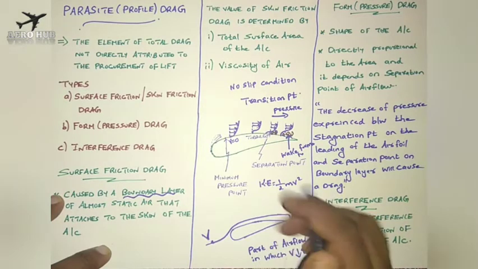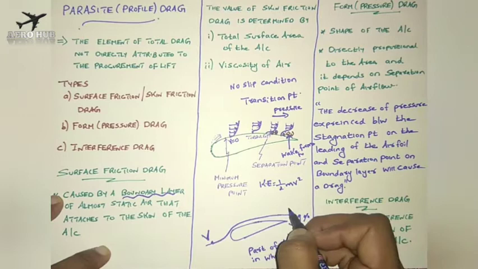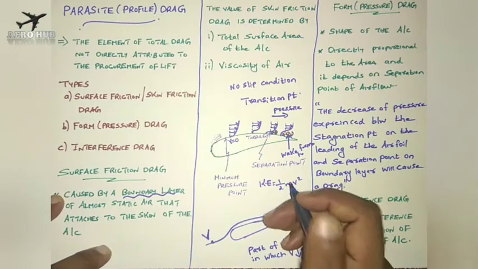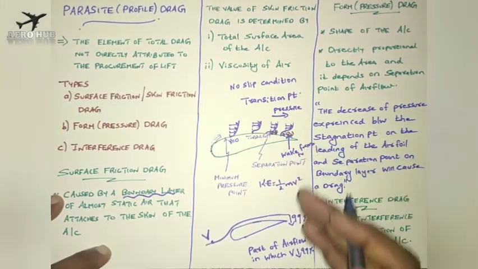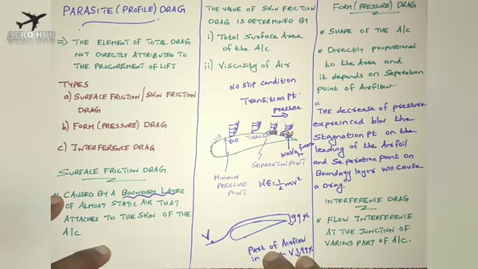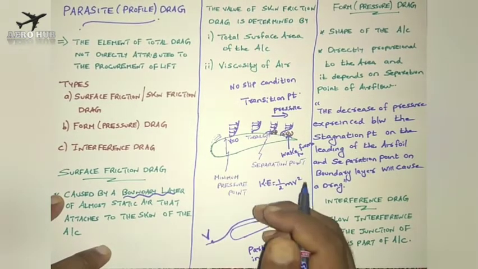Since the kinetic energy is decreasing, the boundary layer does not have sufficient energy to remain attached to the surface, and the flow becomes reversed, and the boundary layer becomes detached from the surface. To repeat: when the pressure is increasing, the kinetic energy decreases. Due to the decrease of kinetic energy, the flow attached to the surface will not have sufficient energy, and finally the boundary layer gets detached.